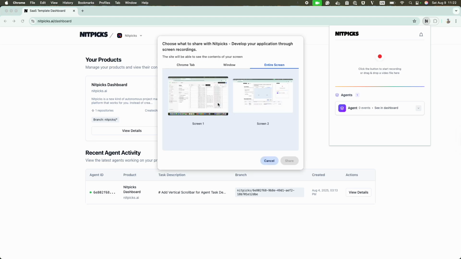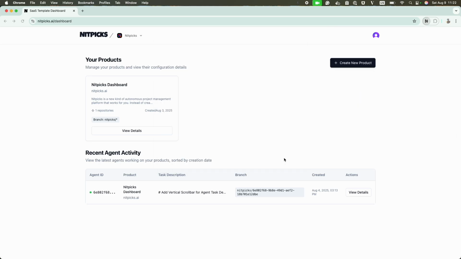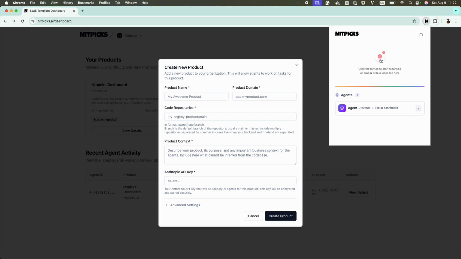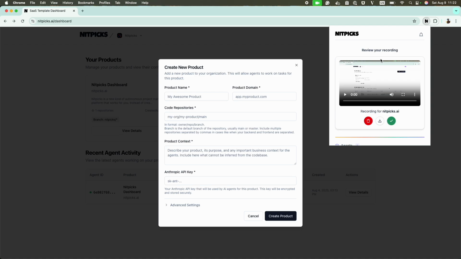I'm going to record the screen, this one. When creating a product, instead of asking the users to provide the code repositories separated by commas in this ugly way, I want them to provide the GitHub repository URL and then, on a separate input, the branch for each repository at the right of the URL input. And then I want this to show a plus button so that they can provide more than one repository instead of having to split them by commas here. So now I just need to stop the recording and I can review the recording directly here on